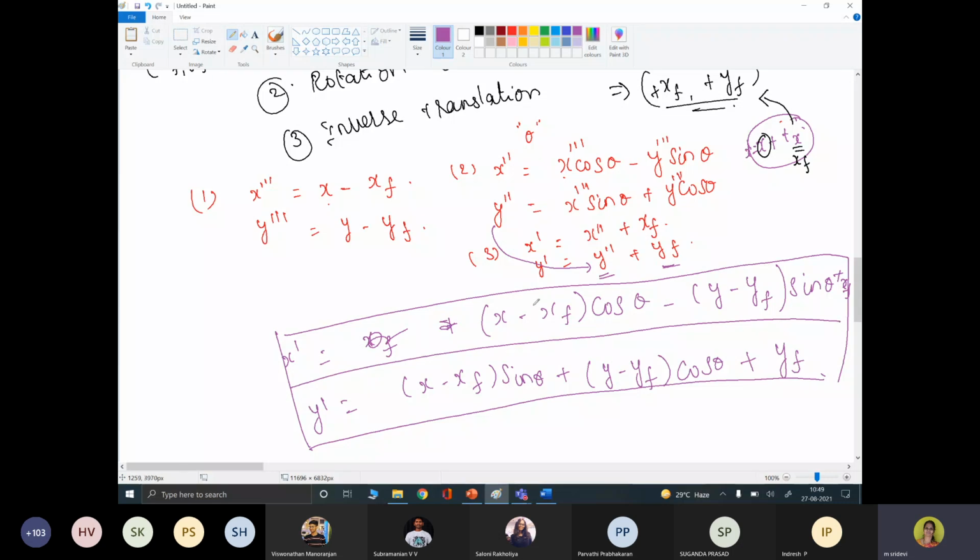When you rotate with respect to origin directly, you can use x cos theta minus y sin theta, and similarly for y, you can use x sin theta plus y cos theta. When you are rotating with respect to some other arbitrary point or a pivot point, then you have to follow this set of steps. First, move the object to align with the origin and then rotate with respect to the origin, and again place the object in the original position by applying inverse translation so that you will get an x dash and y dash new coordinate with the following steps. It's clear?